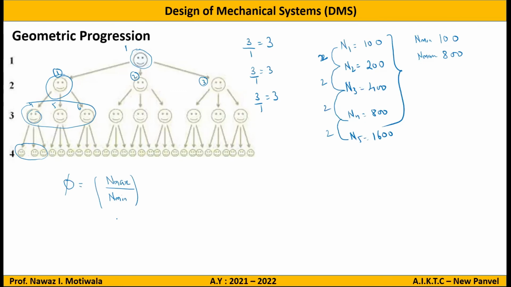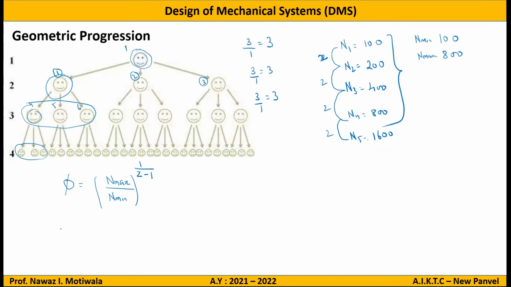तो अपना फॉर्मूले में भी क्या आ रहा था, n max minus n min. यहाँ पर हमने डेफिनेशन में क्या बोले, it is the ratio of two things. So that's why I am writing n max upon n min and this should be raised to z minus 1. वहां पर डिवाइड में था, यहाँ पर रेज्ड टू में. Now we will see whether this formula is correct or not, we are getting 2 or not.